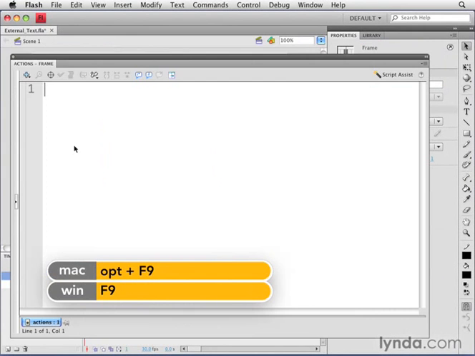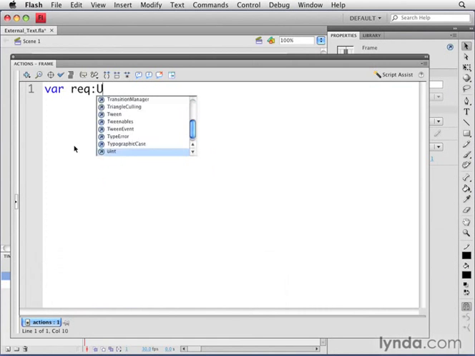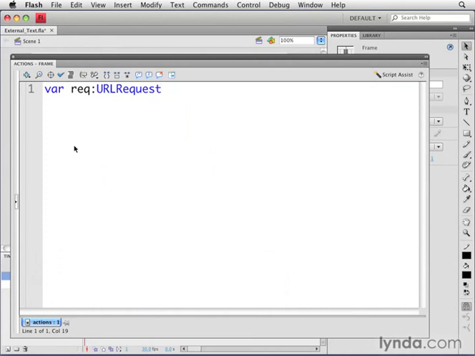Let's select the first keyframe of the Actions layer and open up the Actions panel. There are a few steps that you need to know when loading an external file. So we're going to create some variables here. Let's create a variable called req. Data type it to URLRequest. URL is in all caps and request is a capital R. The URLRequest class represents the URL of a file. So whenever you're going to work with an external file in ActionScript 3.0, you're going to use a URLRequest